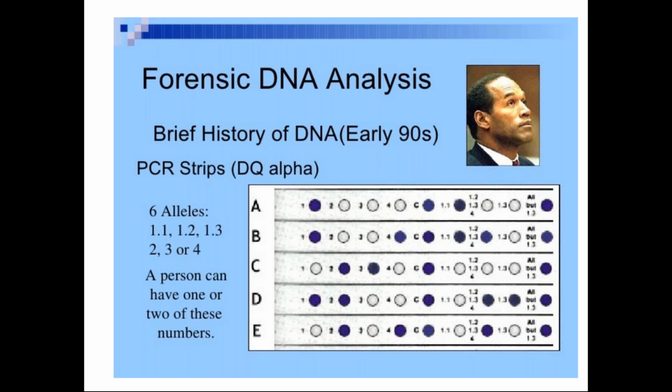So any biological material present at the crime scene, we can collect it from the crime scene, and from that biological material we can extract the genomic DNA and develop the DNA fingerprint. And by the process of DNA analysis, we can identify who is involved in that particular crime.